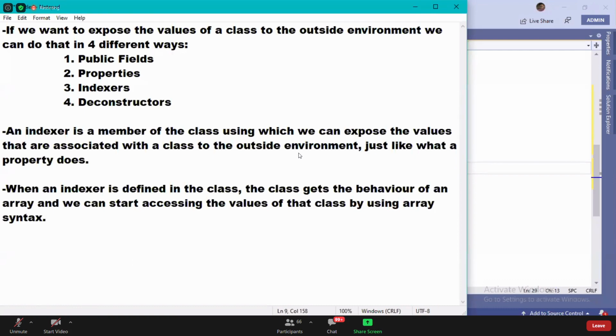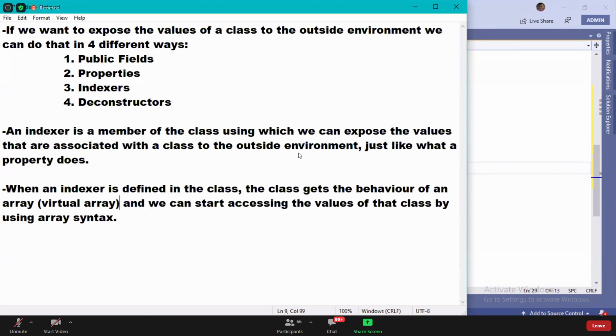Read this, guys. Did you understand? What is a virtual array? Virtual array means it is not an array, but behaves like an array.